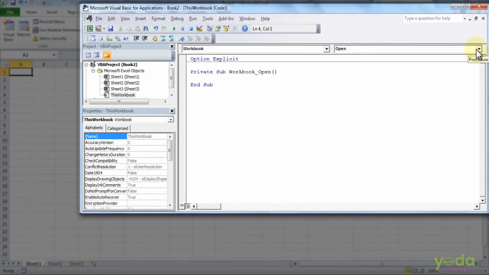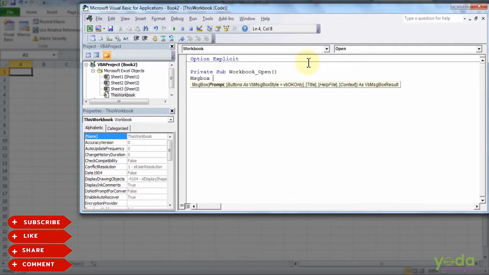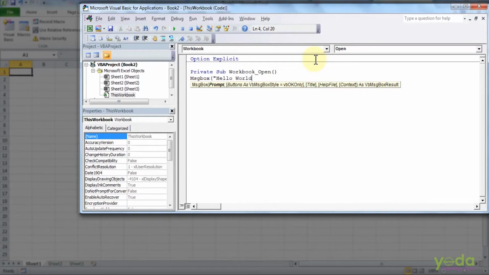And since I want to create an open event, I'll type MsgBox, stating "hello world", and I'll close the bracket here.